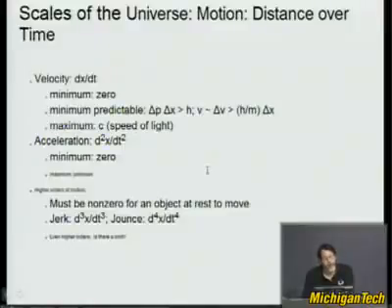Or would it be? Turns out that even the concept of 0 speed is somewhat controversial in physics because of the uncertainty principle, which we will cover in detail later in this course. So if you have delta p, which is the change in momentum, times delta x, greater than or equal to, yes, there could be a 2 pi in there somewhere, but you get the idea, h, which is Planck's constant, some constant, then it turns out that if you know the location of a particle, at least a little bit, then you really don't know the speed of that particle in that direction to some degree. So it could be not 0. So even the concept of something at rest is somewhat interesting and controversial in physics, and that's one of the cool concepts that we'll really get to.